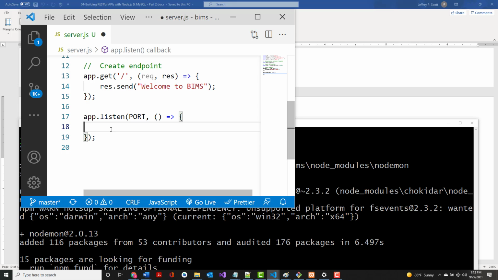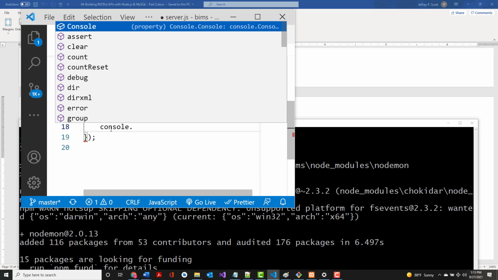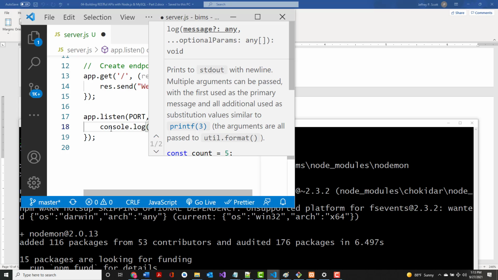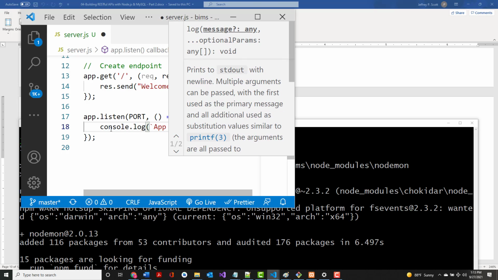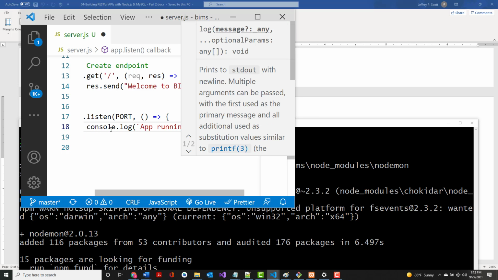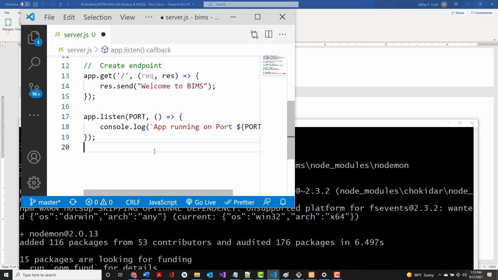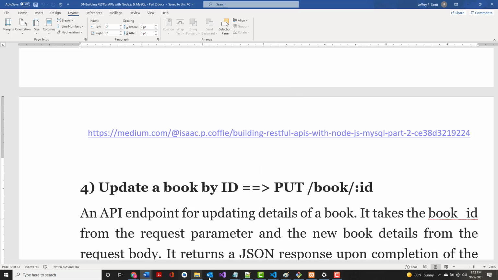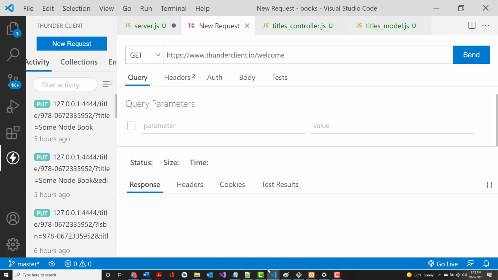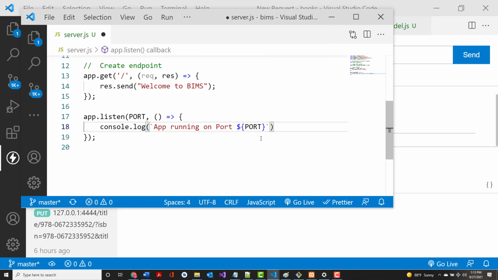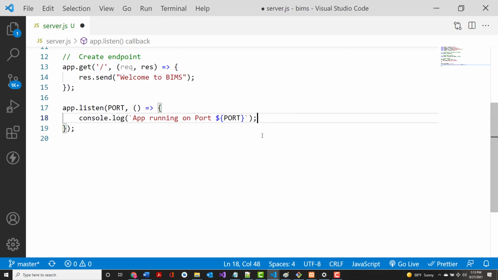And then I think he says here console.log. So we'll use template literals. App running on port... And of course that should get out of there. Say app running on port 3000. Whoops, sorry about that. Try it again. Semicolon, semicolon. So this is my